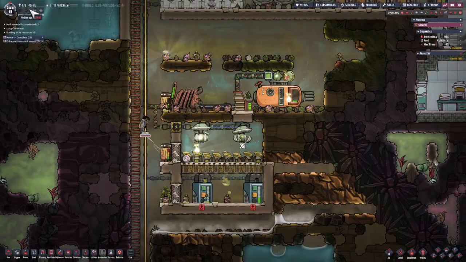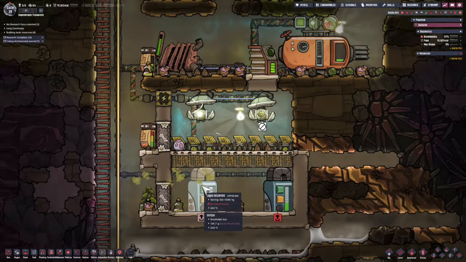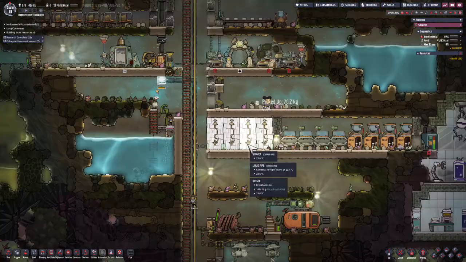So I would say we have it at this point. We have the ability to put in polluted water that's going to be filtered, and we can send it to the rest of the base as oxygen. That is essentially going